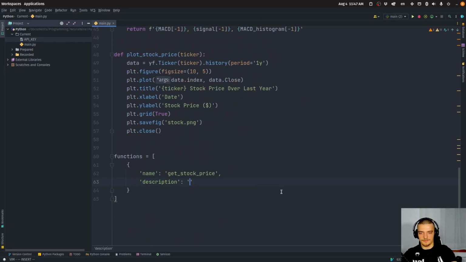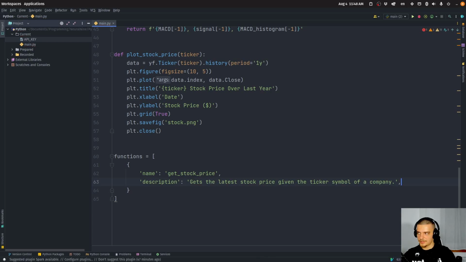Now, stock price is a simple function here, but in general, you need to specify with English sentences what this function does. So, for example, gets the latest stock price. Because this is also the next thing: do we get a series as a response? Do we get one value as a response? Do we just get one latest stock price? Or the one value that we get, is it on a specific day, or is it always the latest stock price? It cannot know that. So: gets the latest stock price given the ticker symbol of a company. That's a very clear